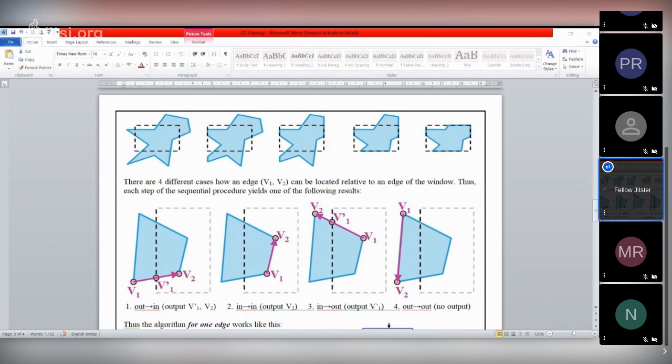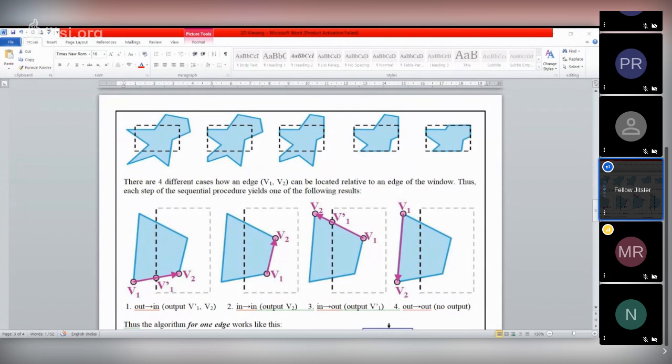Then consider this side, again another side. Then after getting the intersected point, just add this point. Then consider the below portions. Then we will get this and after getting the intersection point, just add this intersection point. Then after that, consider this top side of the windows. Then after getting the intersected point, add the intersected point, and you will get this portion of the polygon